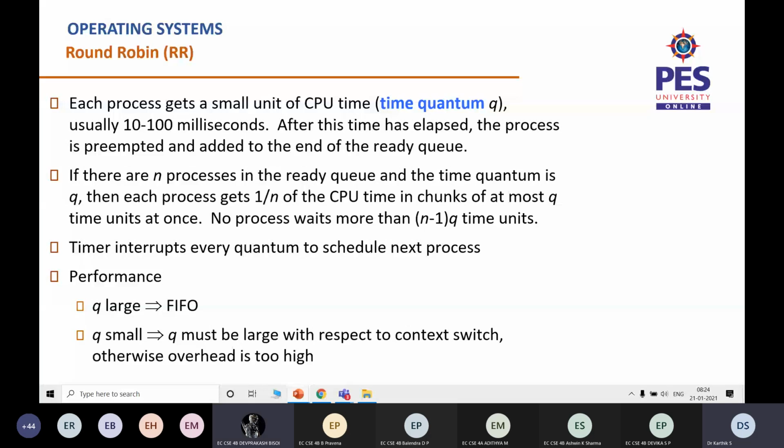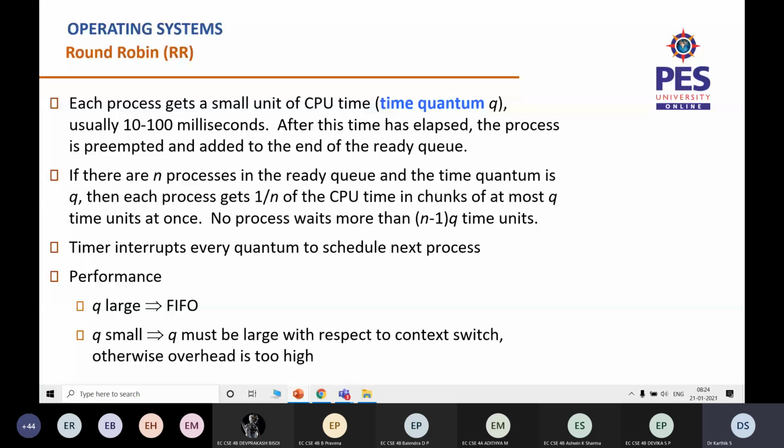Sir, won't round robin cause a huge delay in completion of a process if it keeps on going from one process to another? Correct. Round robin will definitely have a not so good turnaround time, but it will have a better response time compared to all the previous algorithms. Every process will start its execution at some point of time and start giving a response. So it has its own advantages as well as disadvantages.